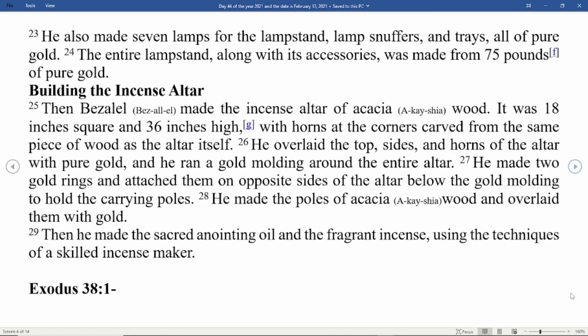Heading: Building the incense altar. Then Bezalel made the incense altar of acacia wood. It was 18 inches square and 36 inches high, with horns at the corners carved from the same piece of wood as the altar itself. He overlaid the top, sides, and horns of the altar with pure gold, and he ran a gold molding around